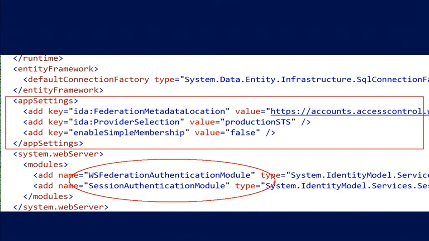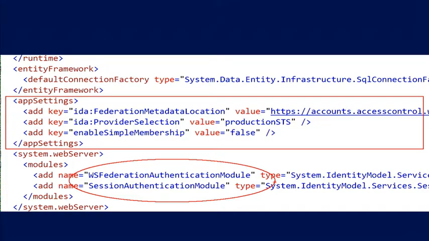Yep. So I'm just going to go through some parts of the web.config that were changed on a project that I did a few days ago. You'll see in the top rectangle, you've got app settings. What it's done is it added the metadata, what providers you've got, memberships. Down the bottom, on the right of the ellipse, you'll see